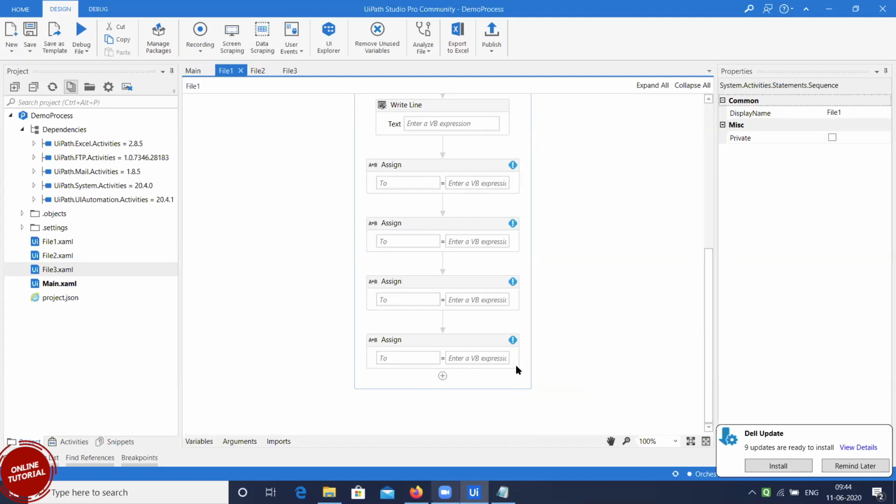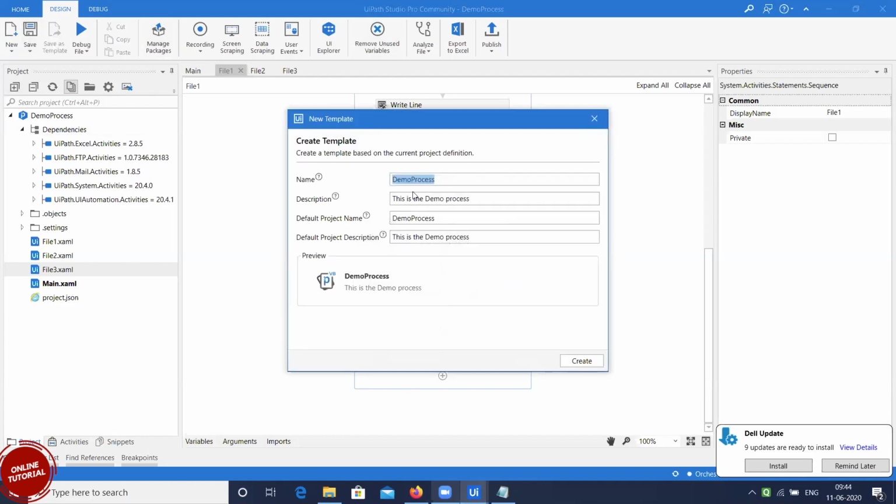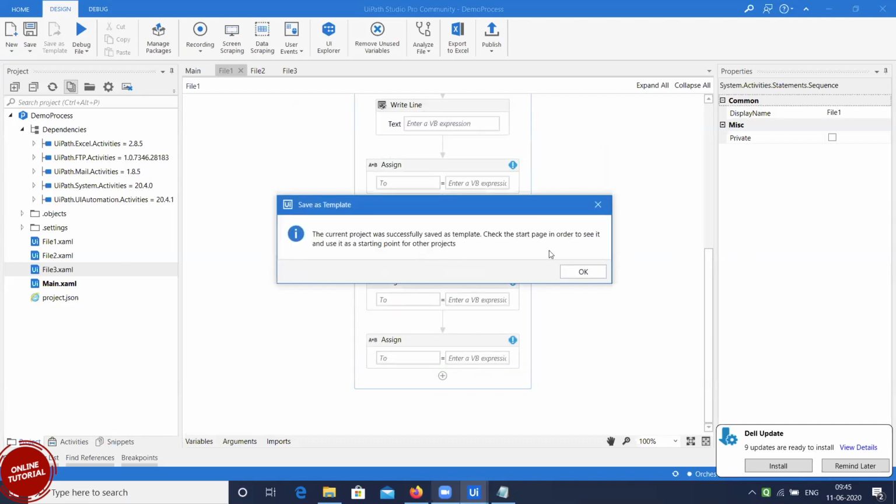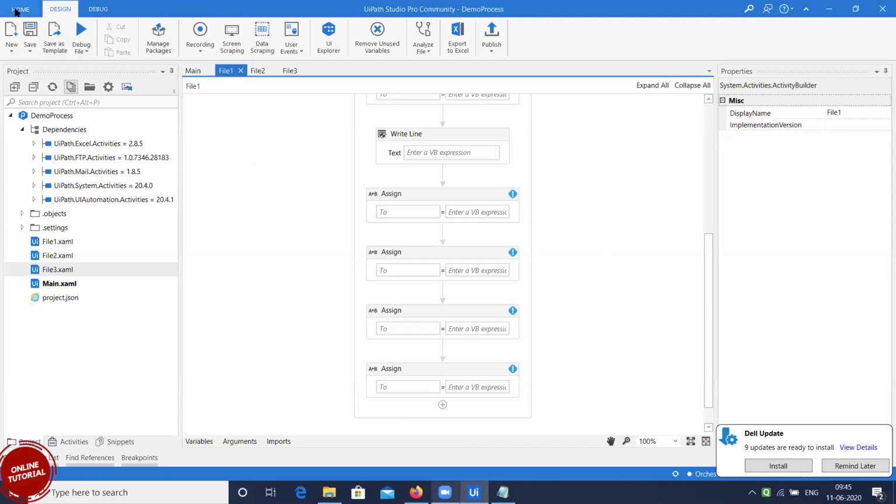So your bare minimum steps are common, and you can save that as your own template also. If I click on save as template, it will ask me to give a name, whatever I want. If I click on create, my template is now successfully created.